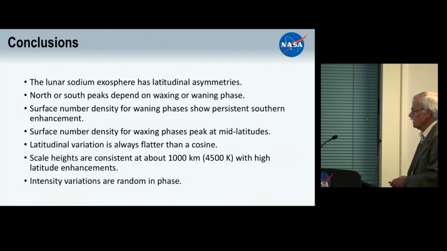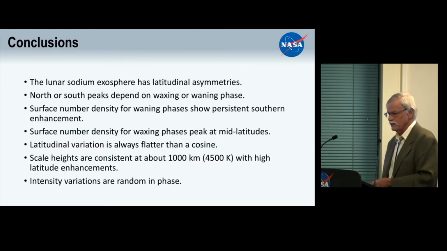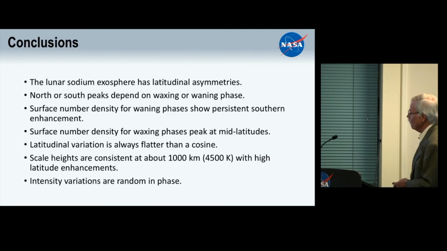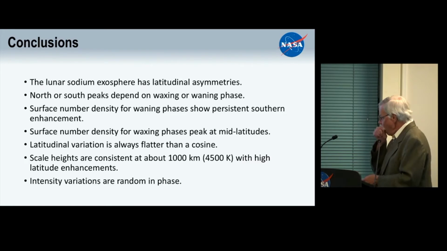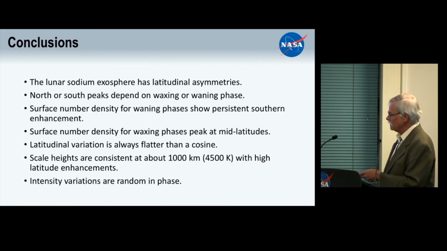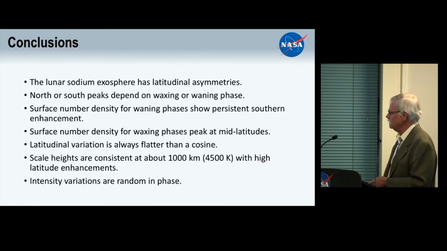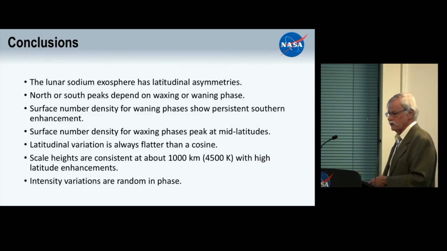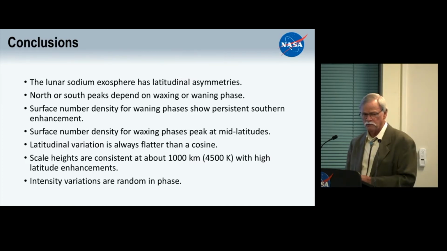All right, since I've got 2 minutes, I'll give you our conclusions: the lunar sodium exosphere has latitudinal asymmetries, and as I said before, I think that makes sense. It's supposed to. Surface number density for waning phases shows a persistent southern enhancement. I didn't catch this, but it's true. Surface number density for waxing phases peaks at mid-latitude. The latitudinal variation is always flatter than a cosine, which again is a hint that photon-stimulated desorption is probably not